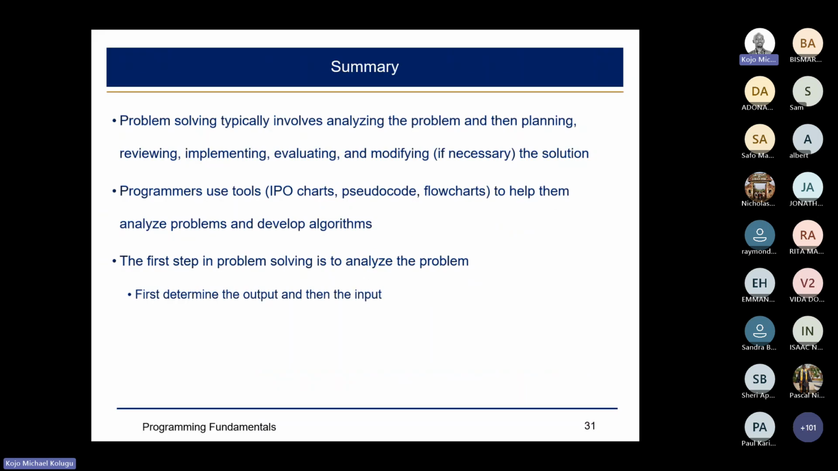Now, so we have, right, so it involves, first of all, you analyze the problem. After you've understood the problem, then you can now come up with a plan to solve the problem. Now, it's always very important for you to review your plan, because if you come up with a plan for the first time and you don't review it, there is a problem that your plan might not be the optimal plan to solve that problem. So it's important